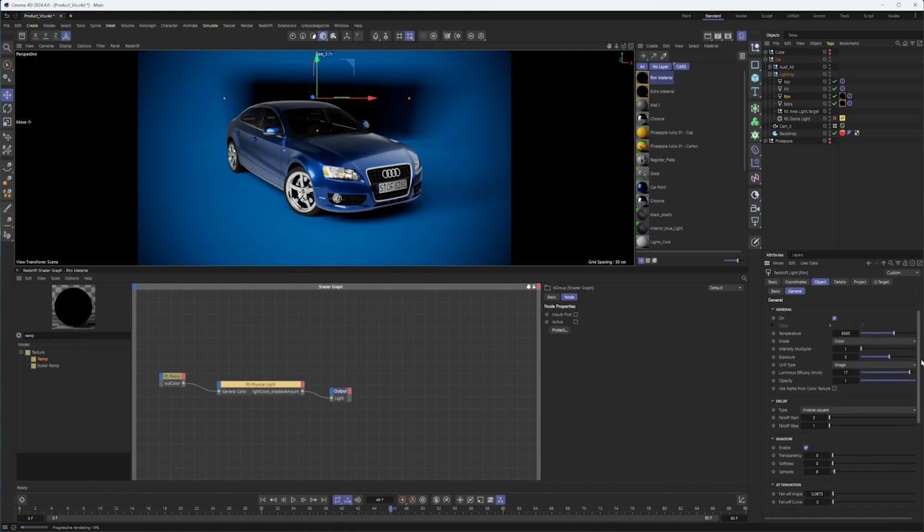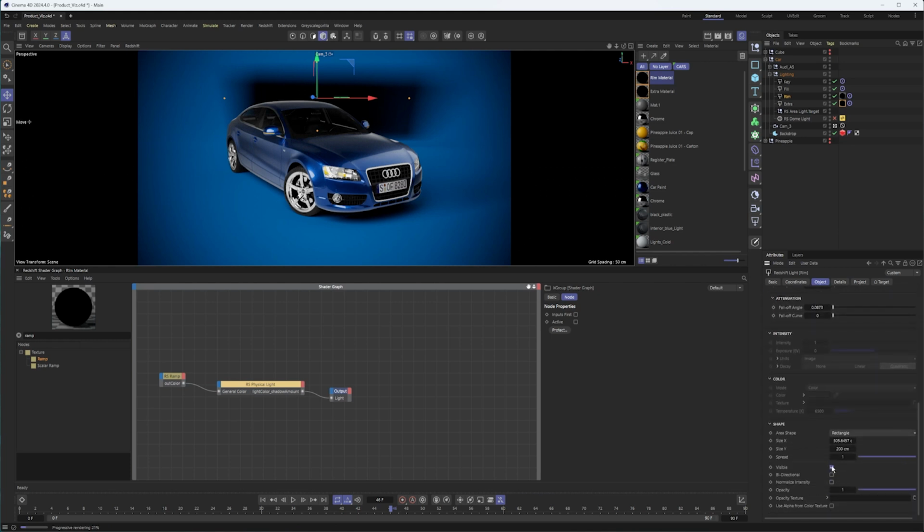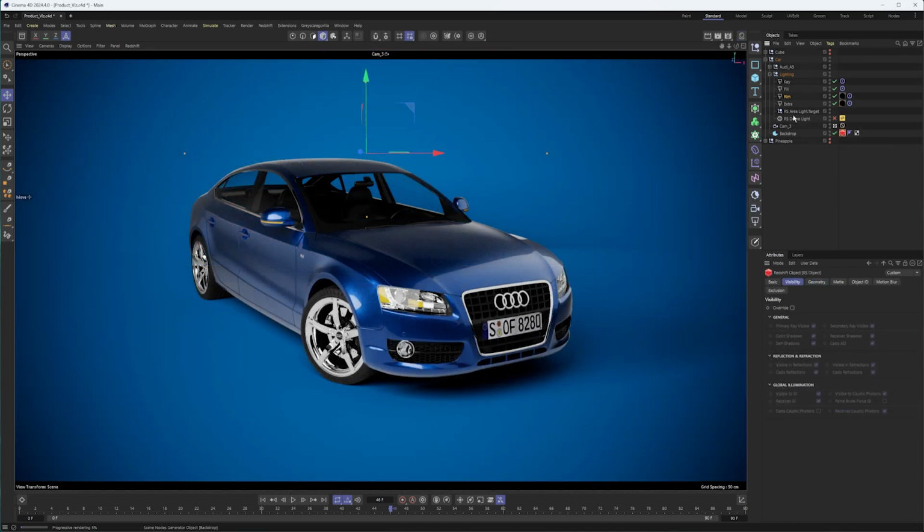Also distracting is how visible that light is. So let's go ahead and uncheck that. And yeah, those are a few ways we can work with our area lights to make them look a little bit better. And then lastly, if anyone's curious how I have the background environment set up,